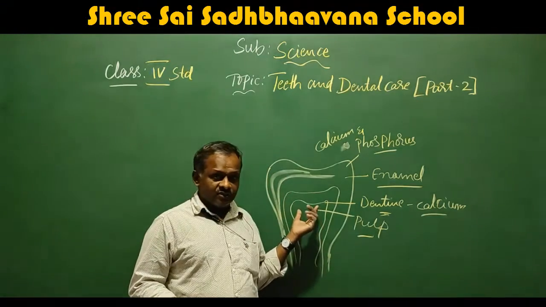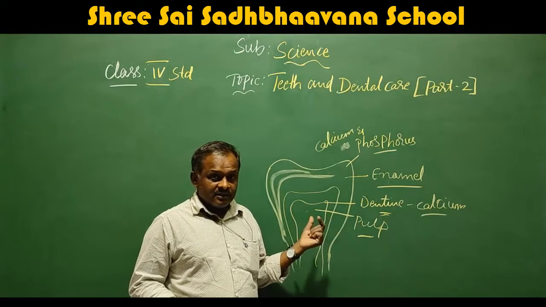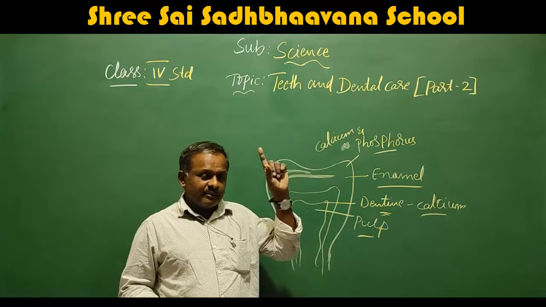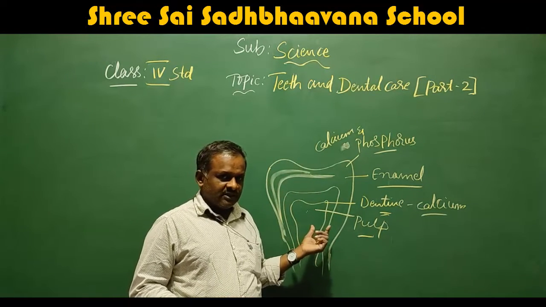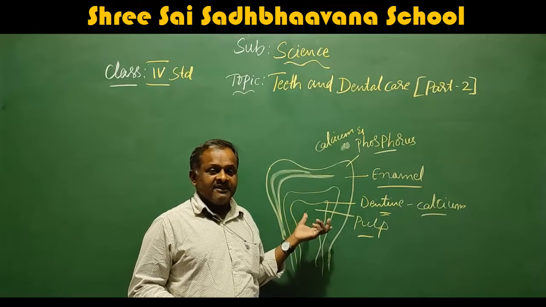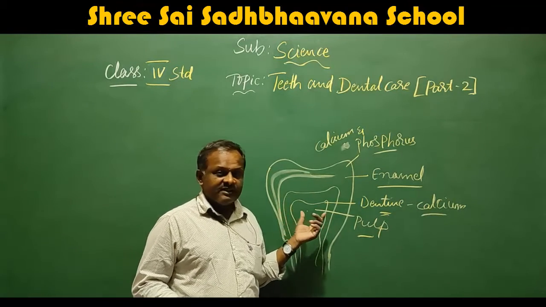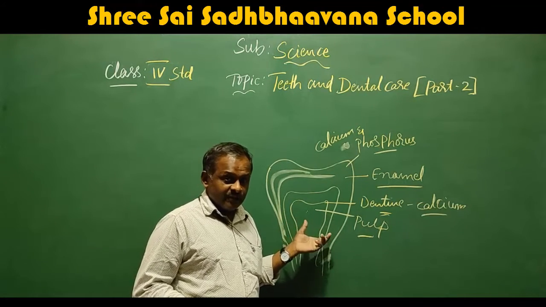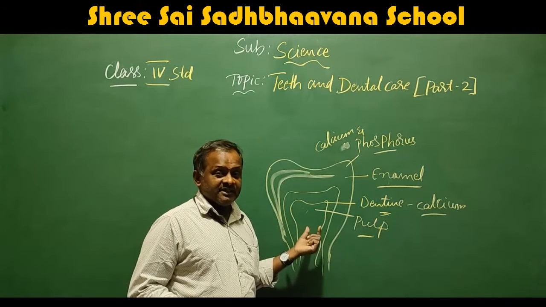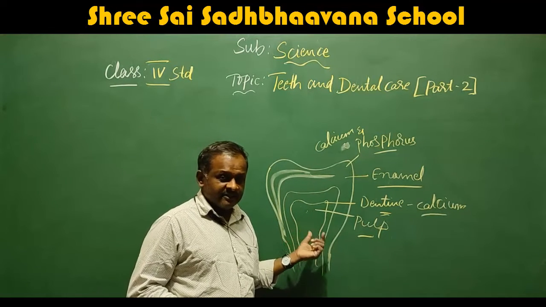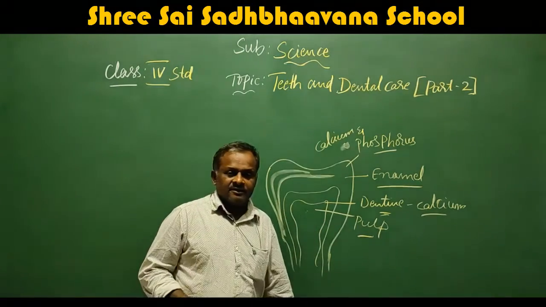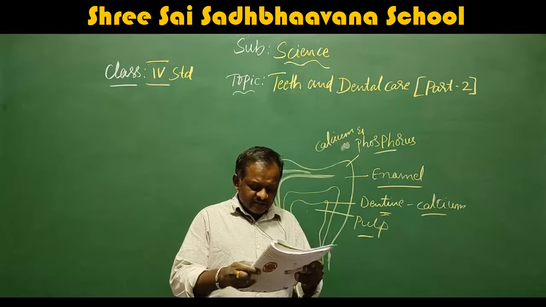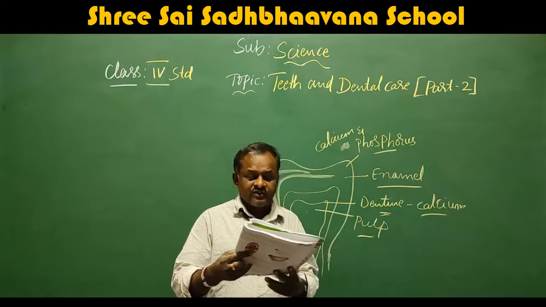So here nerves are present, which send messages from the brain to the tooth and from the tooth to the brain. Once again, the tooth is a living thing. That means it consists of cells and everything. It also needs food, so it also consists of blood vessels which supply food to the teeth. Nerves and other soft tissues deliver nutrients and signals to the teeth.